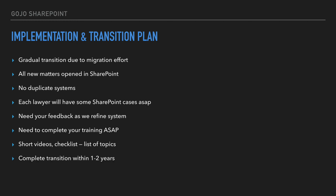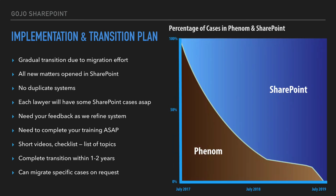We expect to make that transition complete within 1 to 2 years. And we can migrate older files into SharePoint if you wish for us to do so. So we anticipate that the percentage of utilization of SharePoint over time would be what you see on this graph. At first, we'll make rapid changes in the composition of our caseload. So more and more will go from Phenom to SharePoint. And by the time we're a year down the road, we should have about 90% of our cases running out